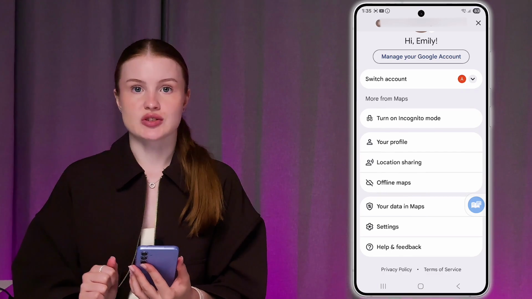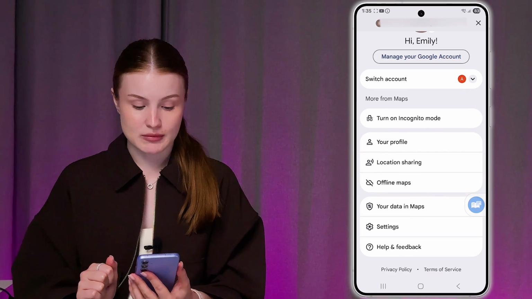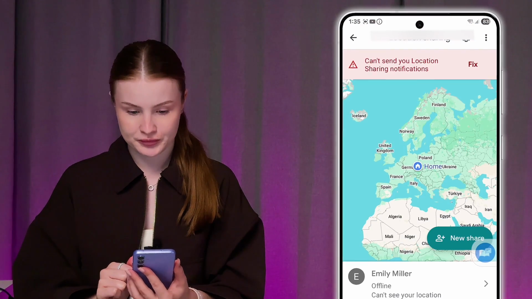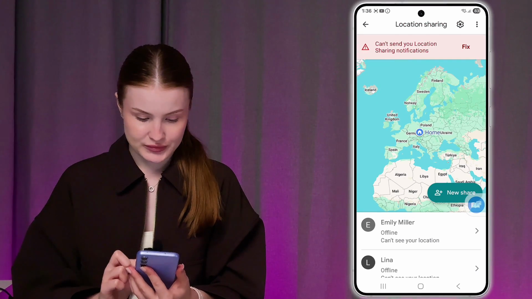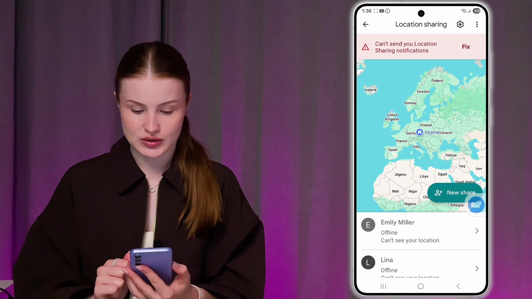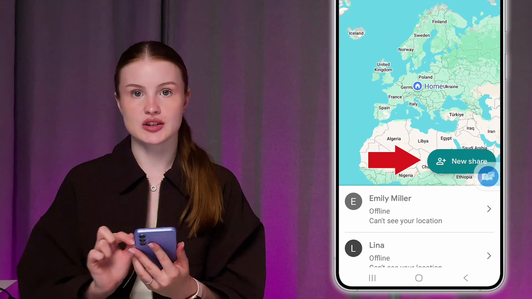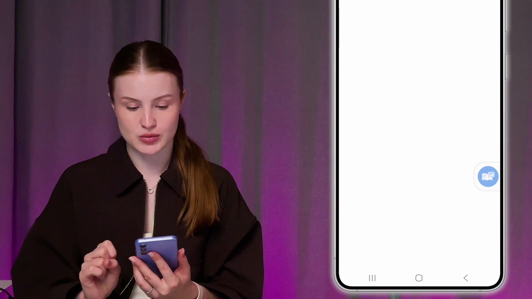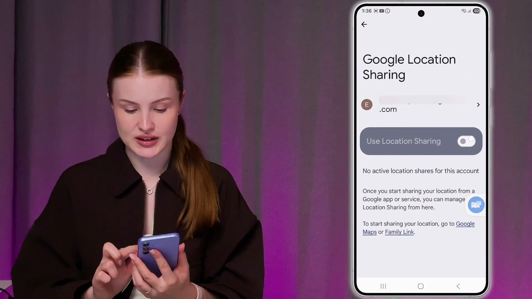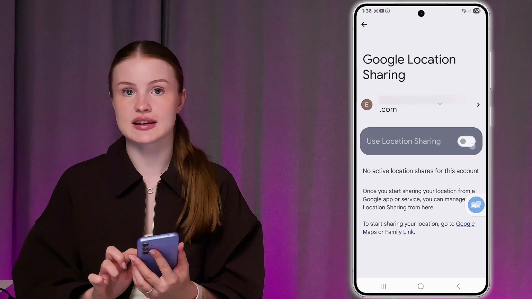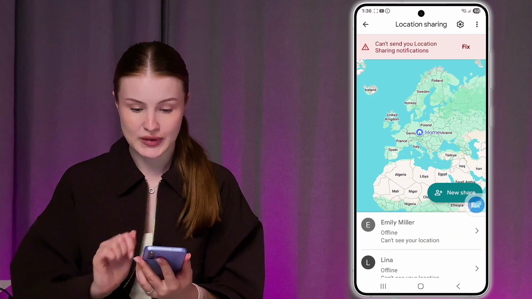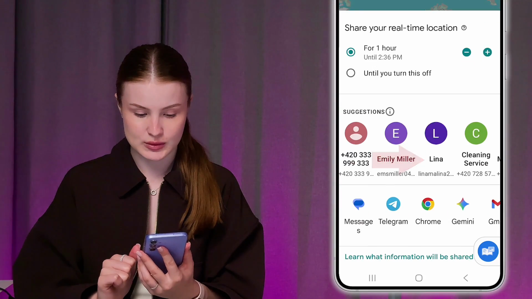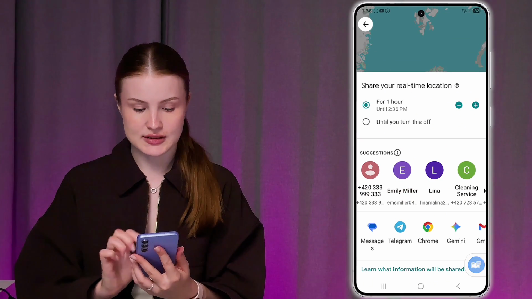Now we'll see a bunch of features as well, and from this menu we need to select location sharing. Tap on that. So after that, what you're gonna do is tap the new share button, because if we tap the settings on the top and try to enable location sharing, as you can see it is inactive. So we're gonna tap the blue button, new share, this one, and then select with